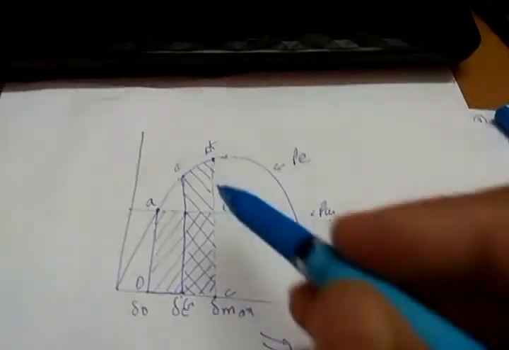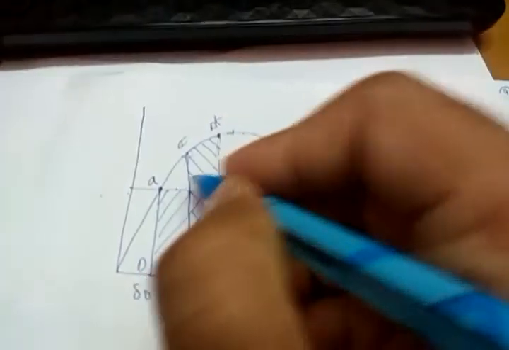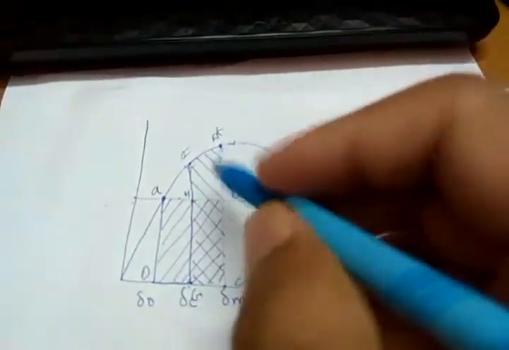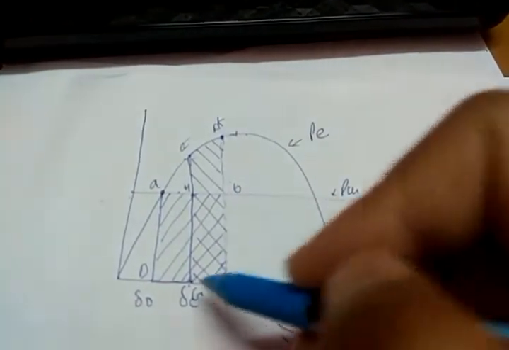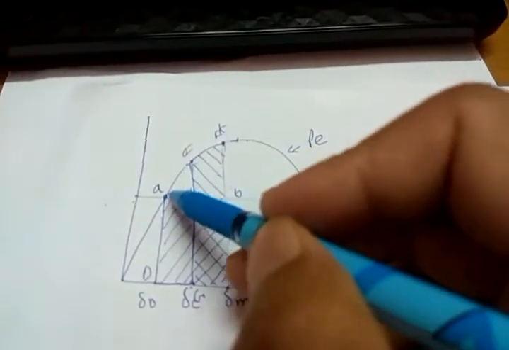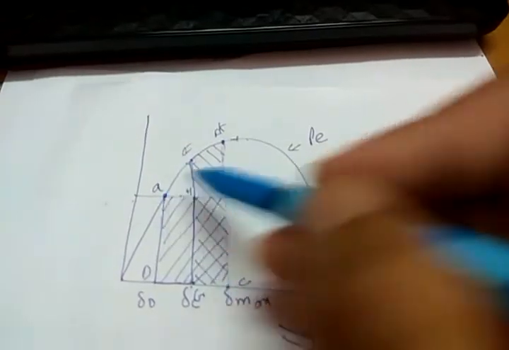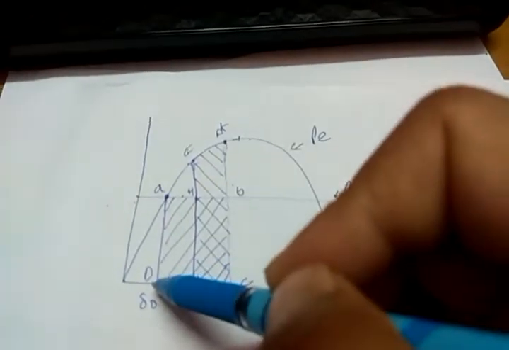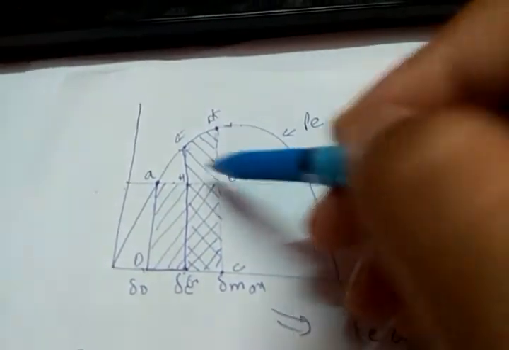So what is the common area in both the cases? This is the common area. I will represent it as H. So H, B, C, G is the common area, so it will cancel out. So what are we left with? We are left with this area A, H, G, D and E, F, B, H.